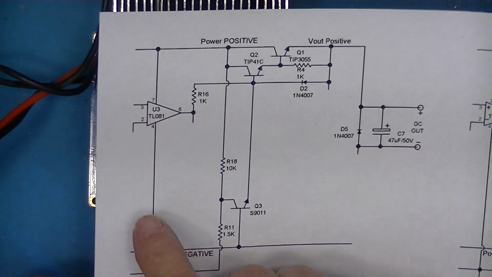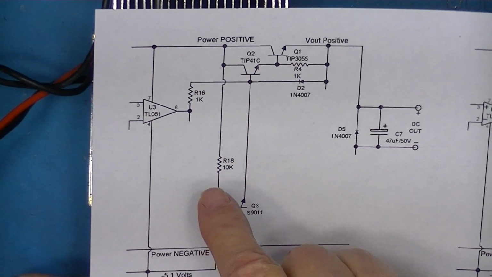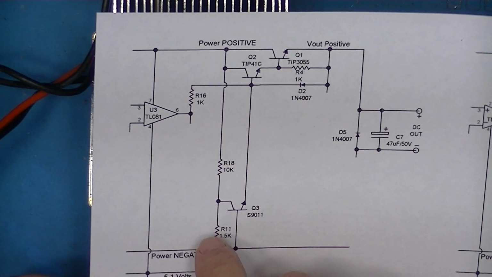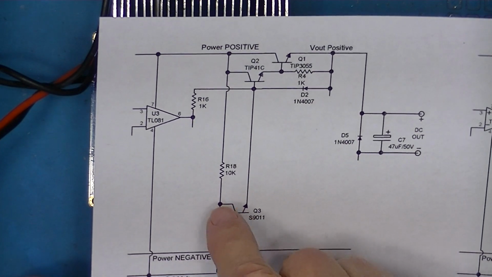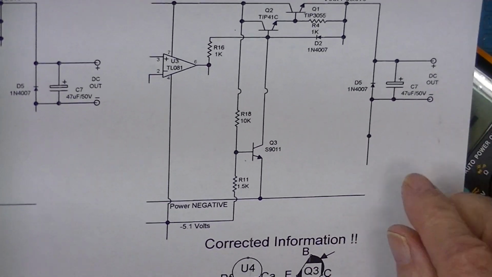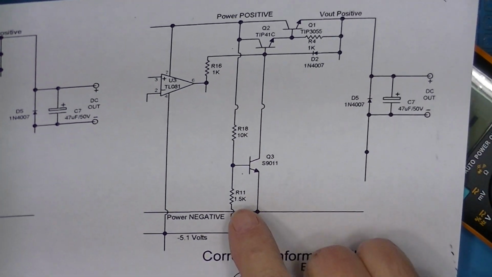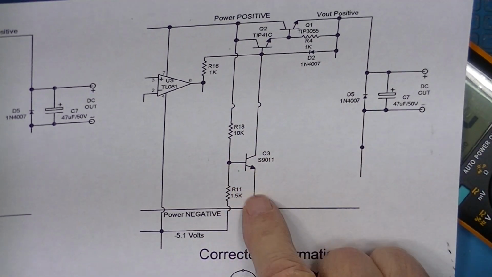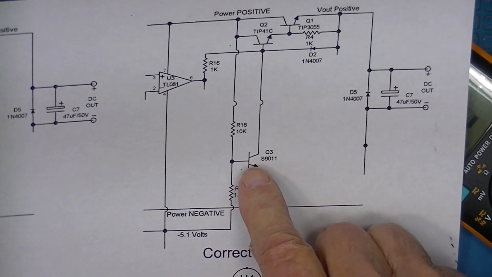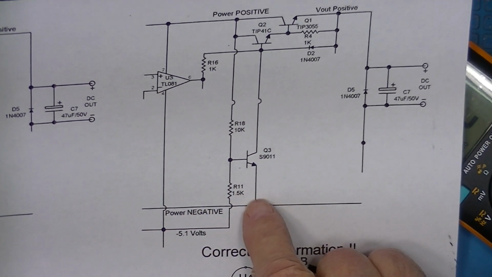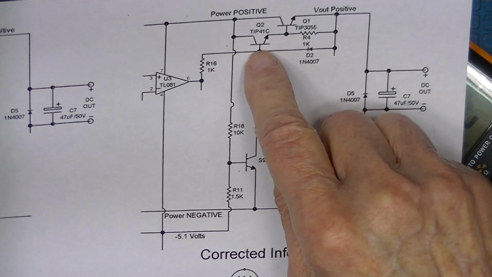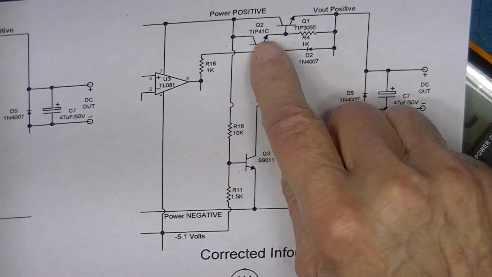I also noticed as I drew the schematic, this was very close to the 3 amp, 30 volt Chinese supply that's everywhere. So I did some research and I determined that this is the correct schematic, where Q3 has an emitter connected to power negative, the collector connected to the base of this first Darlington stage,